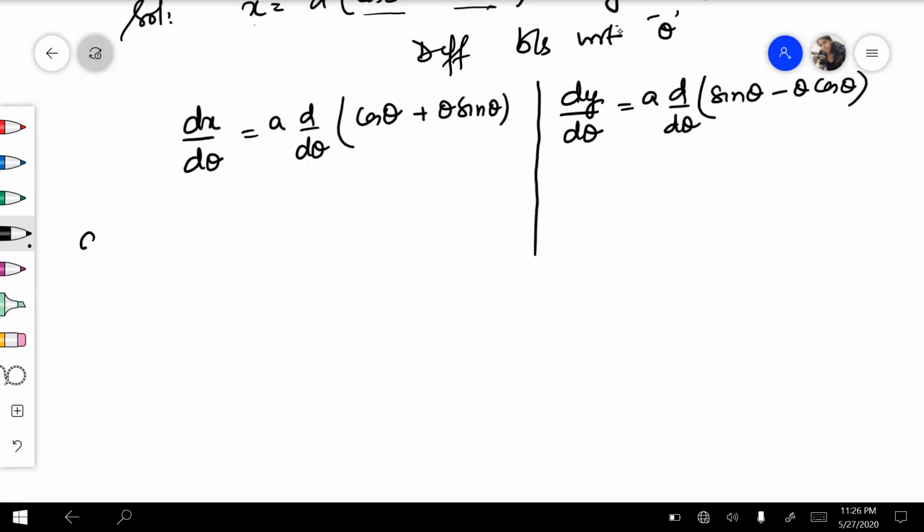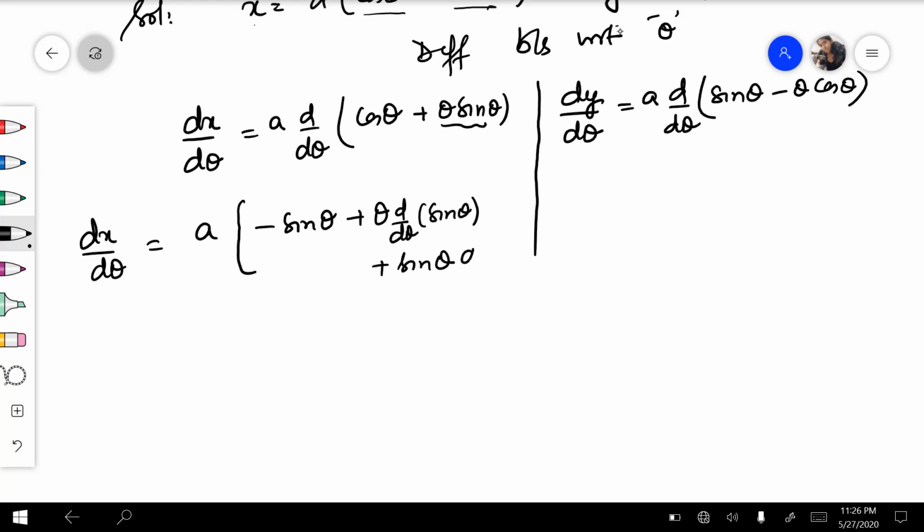So dx upon d theta will be equal to a into cos theta का डिफरेंशिएशन minus sin theta, यहाँ पर दो टर्म्स की मल्टीप्लिकेशन है तो प्रोडक्ट रूल अप्लाई हो जाएगा, plus theta into d by d theta of sin theta plus sin theta into d theta by d theta